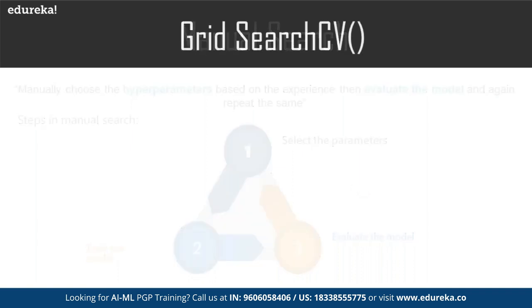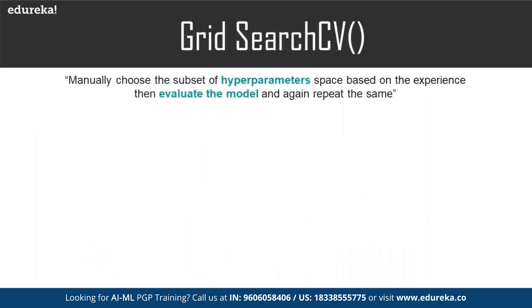So model evaluation comes as the last part of the workflow, the process of modeling. The next one is another type, which is nothing but grid search. What we do is choose the hyperparameters as a subset space. We move grid-wise here, instead of manually picking the hyperparameters based on our experience with the model